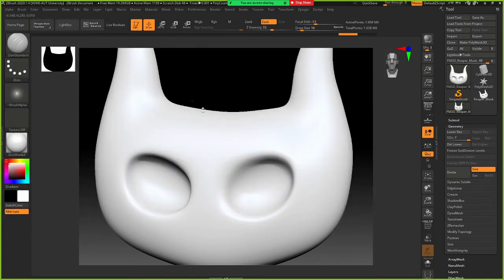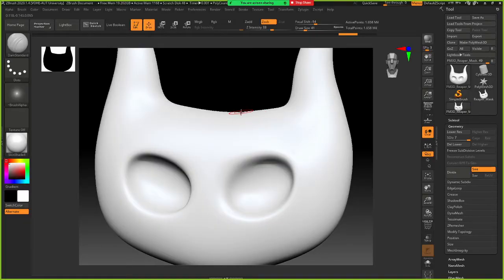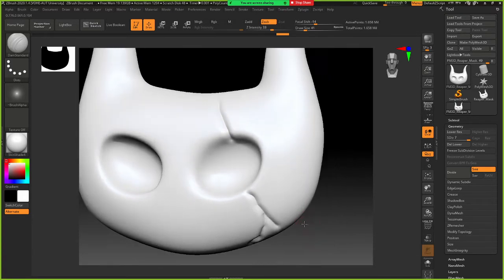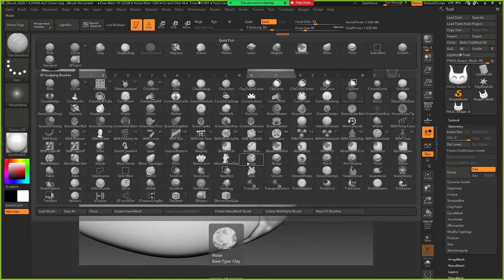BDS is Dam Standard, which is a nice brush for creating creases. I don't want the crease, the cracks would be symmetrical, so I press X to turn that off. So there's one crack coming from the top to the eye and to the bottom. At the beginning it looks not that interesting because we're gonna use another brush to complement it, but we're just gonna find the shape of it, and then we use a brush called trim